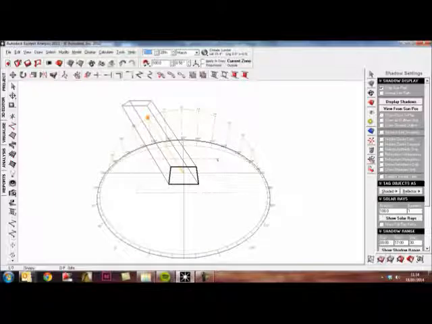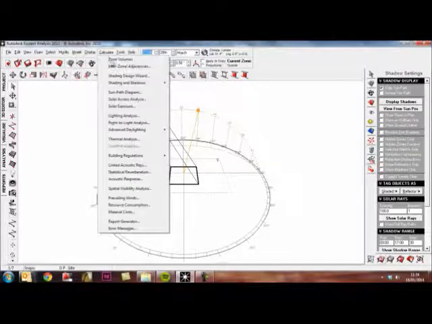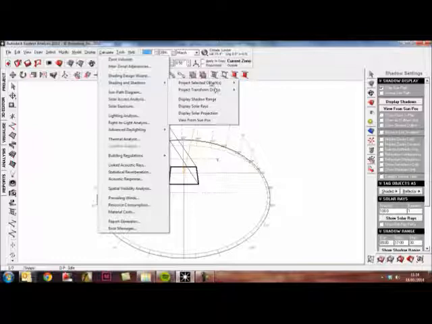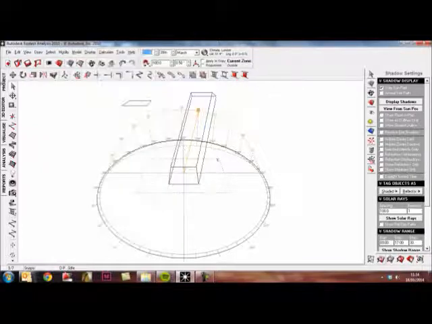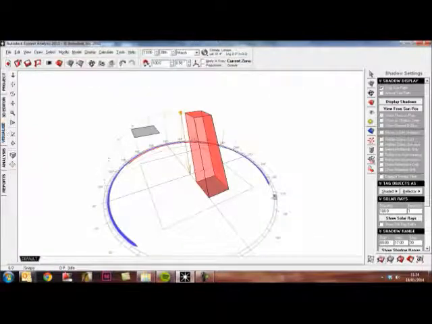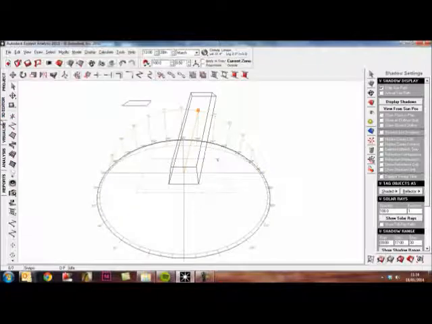So it was 10 o'clock the first time, now let's do 1 o'clock. That moves the position of the sun. And again I'm going to do the same sequence of commands, which is calculate, shading shadows, project selected objects, extrude towards the sun. And again in visualize I see that extrusion as a red. And then I'm going to again use this plane tool to go click, click, click, click and escape to close